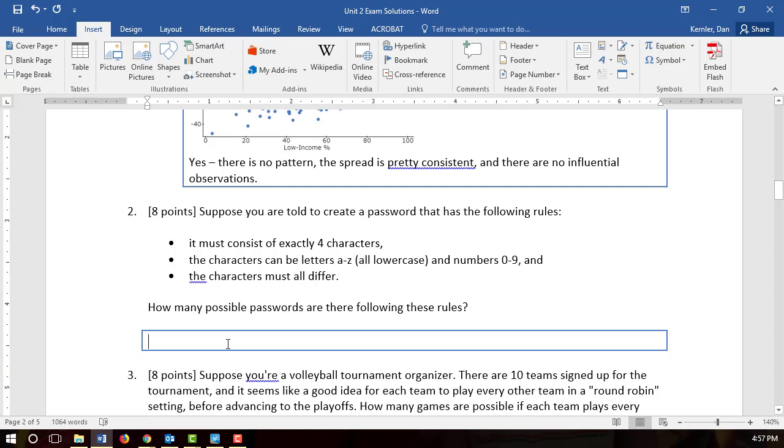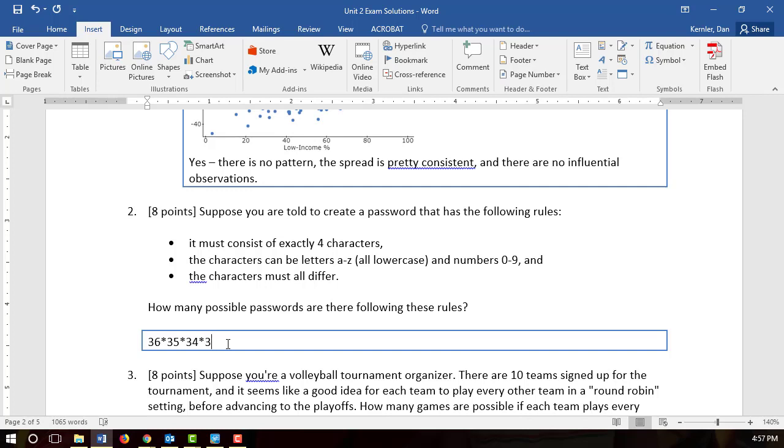We're going to create a password. We have to have 4 characters. They can be letters, all lowercase, and numbers, and the characters must all differ. So if we think of the first character, it could be any of the letters, 26 letters, any of the numbers, 0 through 9, that's 10. So it could be any 36. And then there are only 35 choices for the second one because they have to all be different, and 34